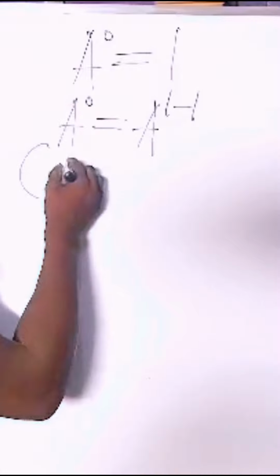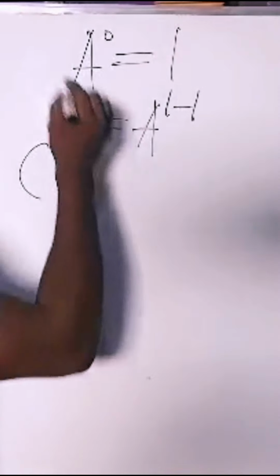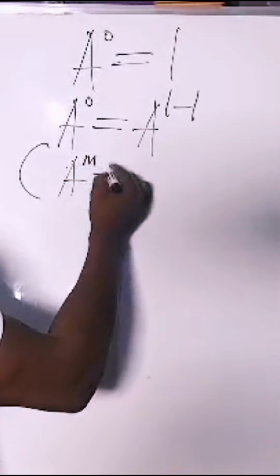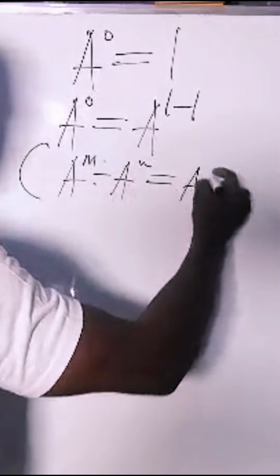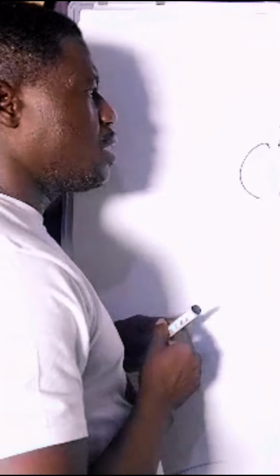The second law of indices. The second law of indices says that a raised to the power m divided by a raised to the power n is as good as a raised to the power m minus n. So if that is true, it means a raised to the power 1 minus 1 is as good as